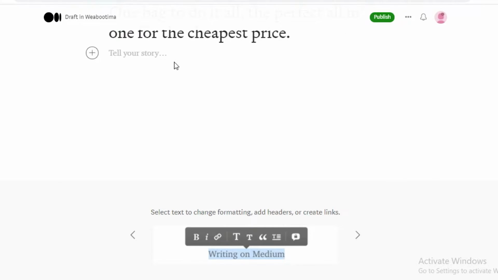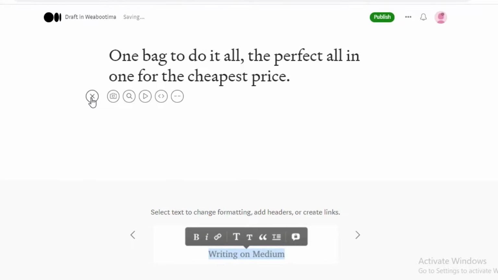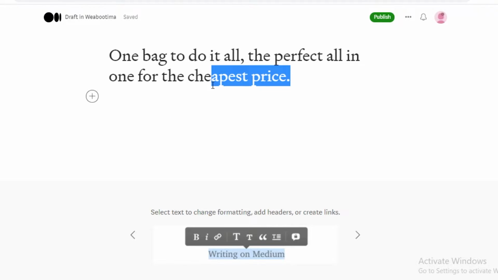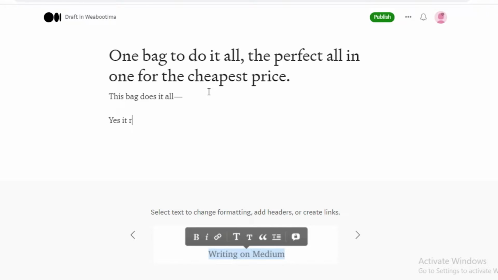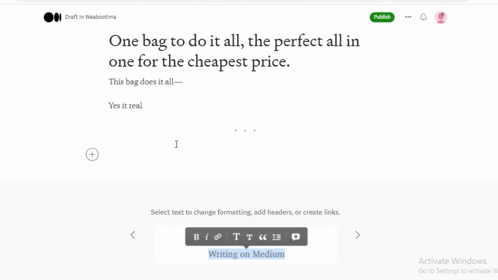So after that, you're just going to click on add your story, and you can even add images. You can add an image from Unsplash, you can add videos, you can add an embedded link, and you can even add a new part. So first off is, if you're going to add an introduction to your product, whatever you are marketing, whatever kind of affiliate you have. This bag does it all. Yes, it's real. The introduction is a bit longer, and after my introduction, I like to add a new part,